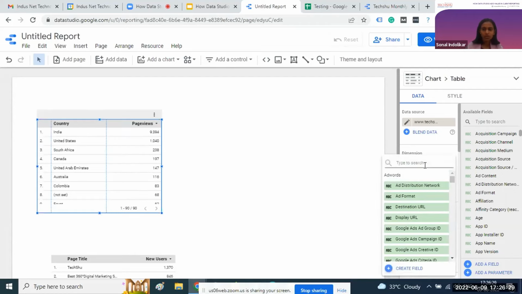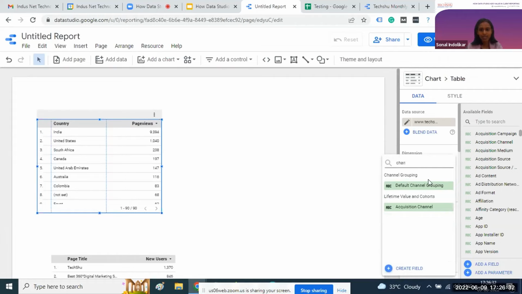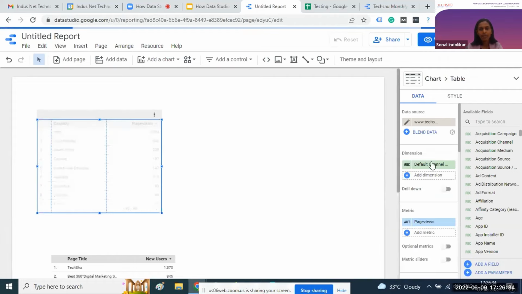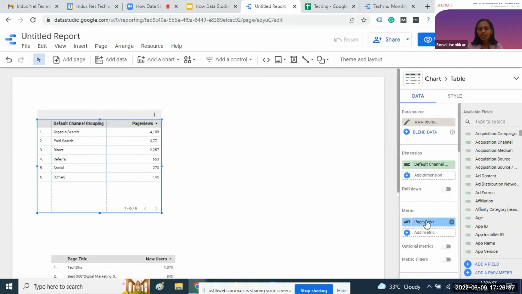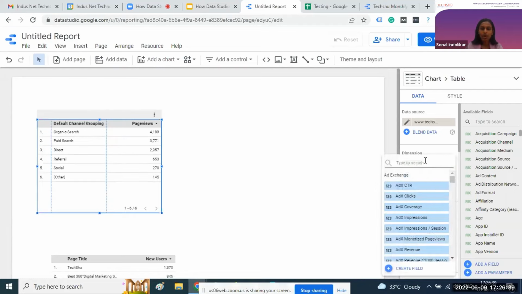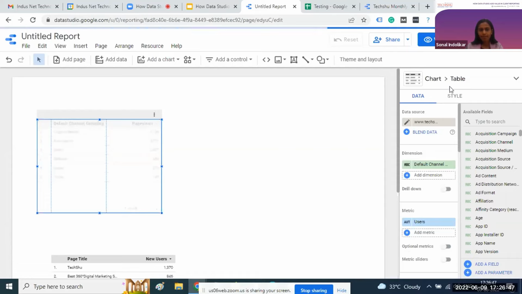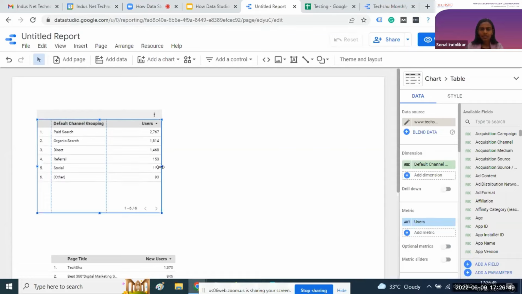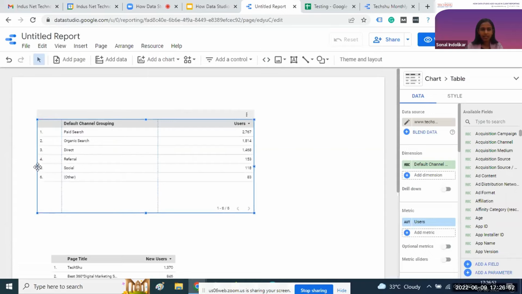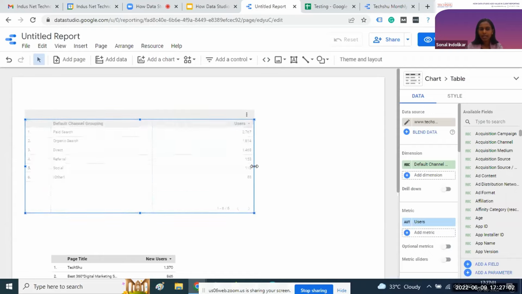Now we want to see the data for the channels, so we will choose the channel dimension over here, and we want to see the traffic for each channel, so how much traffic is generated. For this we will use the users related metric. Likewise, we have created a very simple table format over here. Channel wise, what is the paid channel traffic, what is the organic channel traffic? Likewise, we have integrated data very easily in this report template.